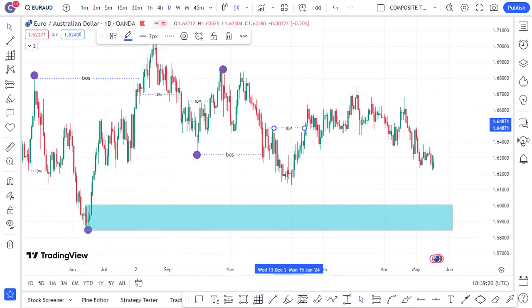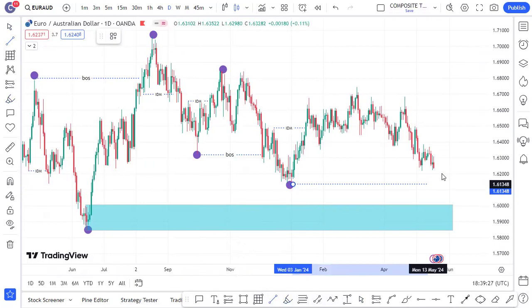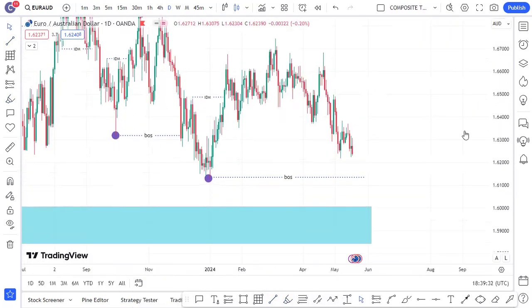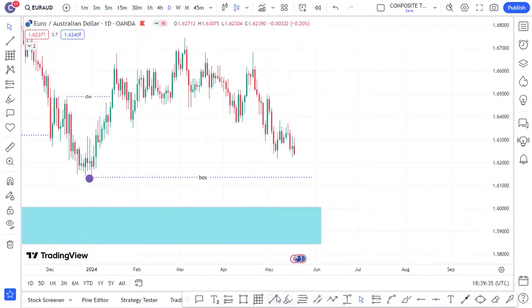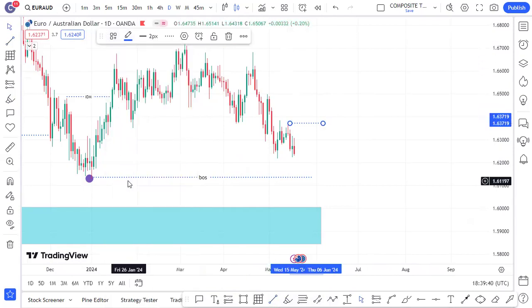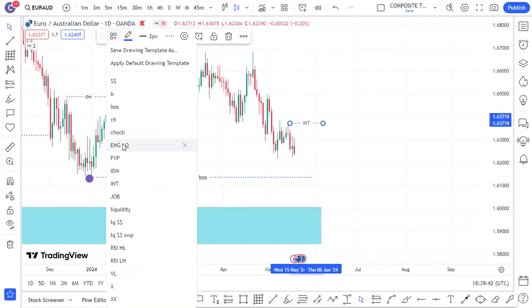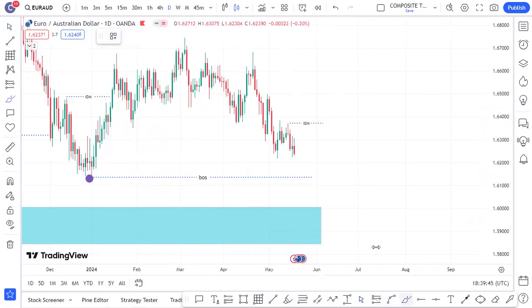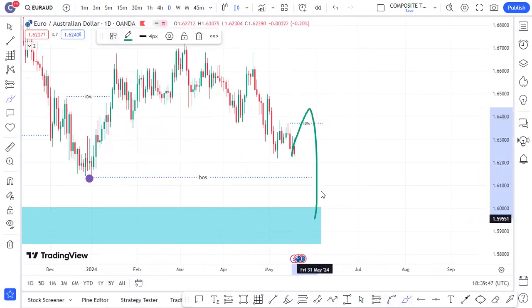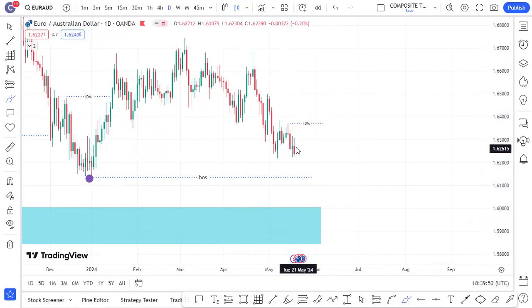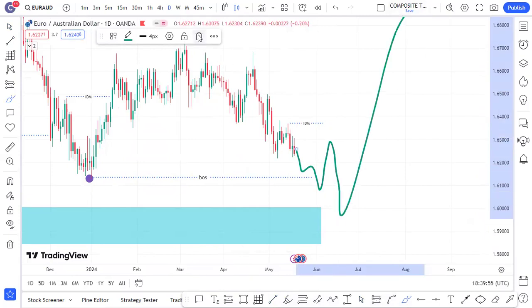And once this inducement is taken out, again we have this low, and this pair is attempting to break this low here, all right? We want to break this low as our internal structure, our BOS. So this means that at least for us to sell, we'll want to see this high being taken out, our internal inducement on the daily. At least I want to see the market take out this inducement and drop, or else go down and create a new inducement, take it out and drop on this demand, then we can go long here.